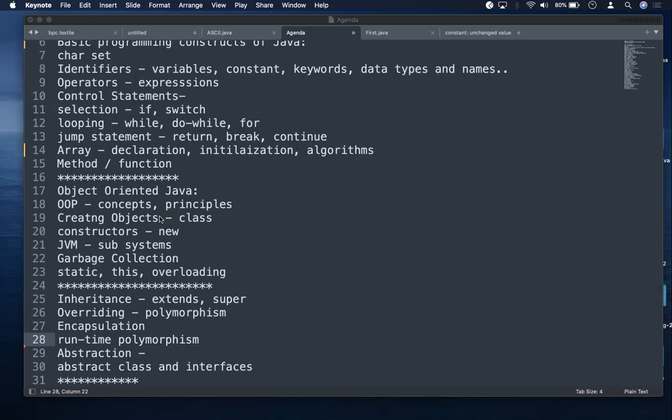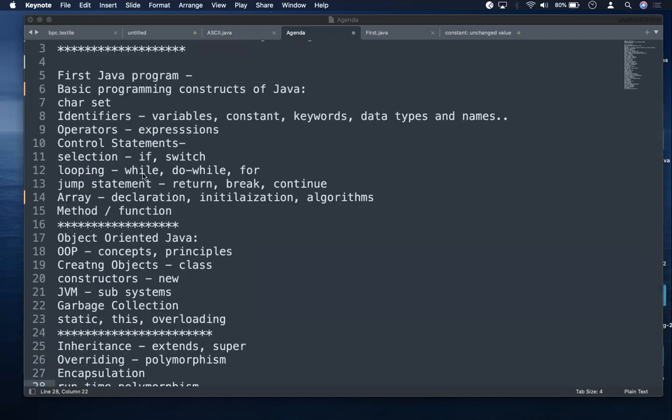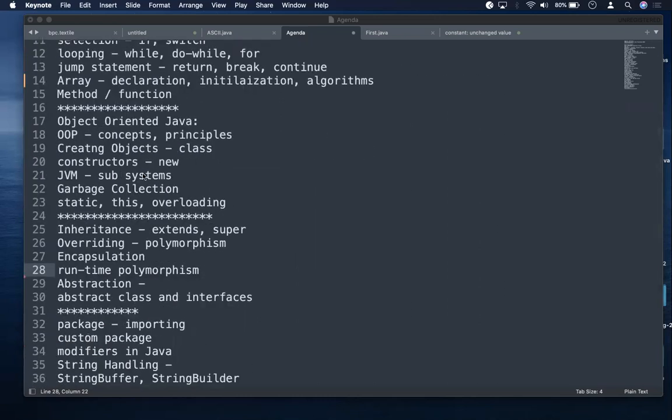We'll understand methods, what their return types are, what their arguments are, etc. So this is actually the first part, the very basic part. With this knowledge, we actually move to object-oriented Java, where we start with object-oriented programming concepts like a class